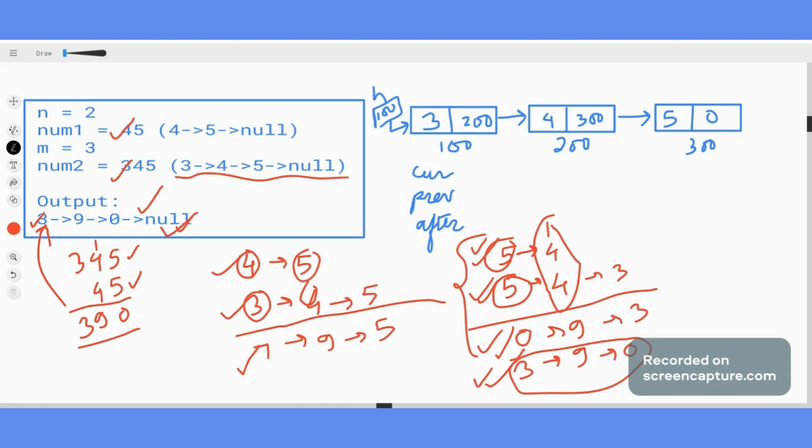Let's take this to reverse. So this is our linked list. Now what does reversing a linked list mean? Does that mean to reverse this data, so 3, 4, 5 becomes 5, 4, 3? No, it doesn't become 5, 4, 3. Rather, we need to reverse these links. These links are now moving in this direction. We have to reverse these links into this direction. Now, after reversing, my links will be moving in this direction.